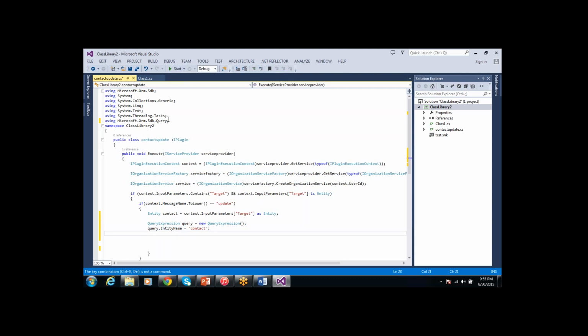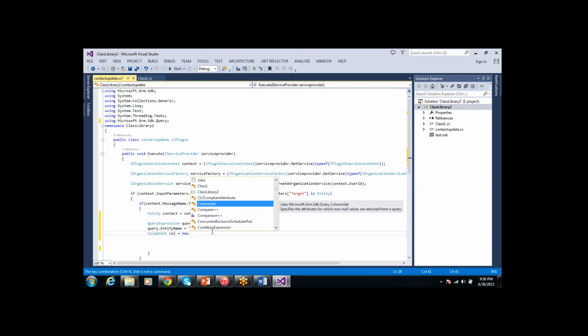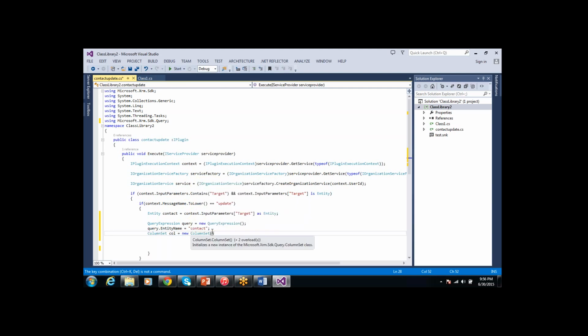Okay, so next, query dot, we have to define the column sets. What are the columns you want to retrieve? For that we have a ColumnSet. It's a separate class, we can take new ColumnSet.